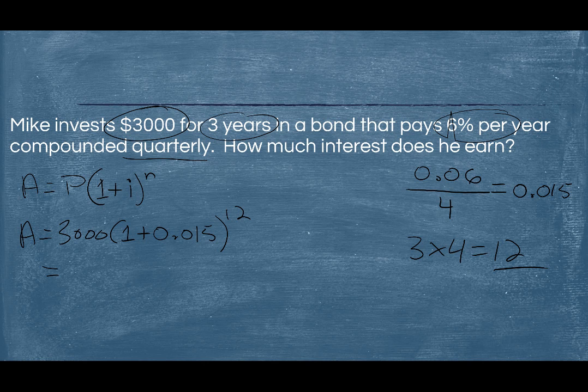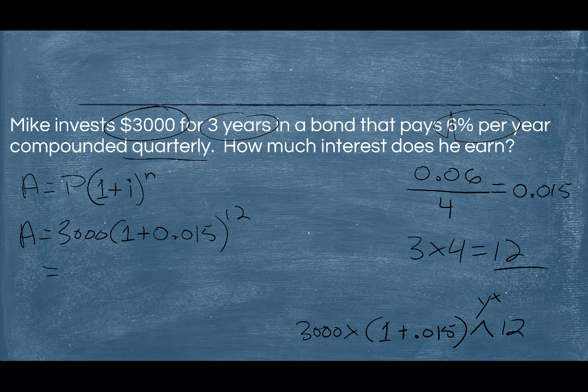Now in my calculator, I'm going to type 3,000. I'm going to do all this in one step, times bracket 1 plus 0.015. And then I'm going to hit that exponent button. It's that on my calculator. Some people, it's y to the power of x. And to the power of 12, and that's going to give me my answer. So here we go, 3,000 times bracket 1 plus 0.015, close my bracket, to the power of 12, and it gives me